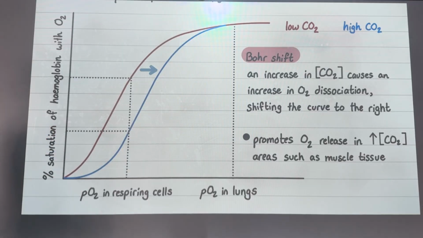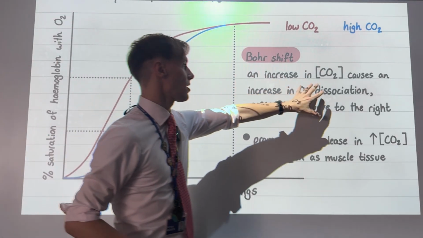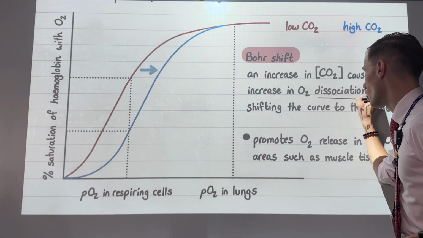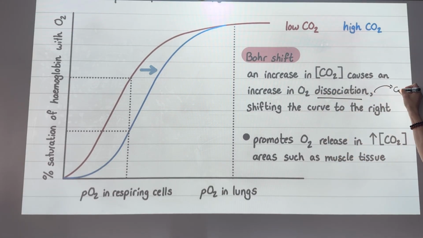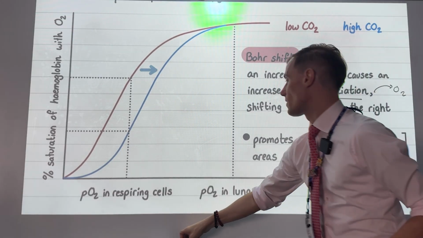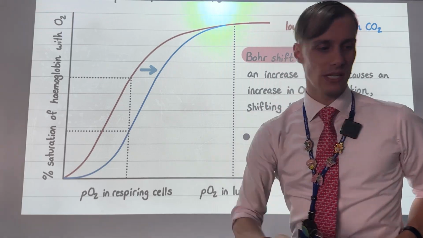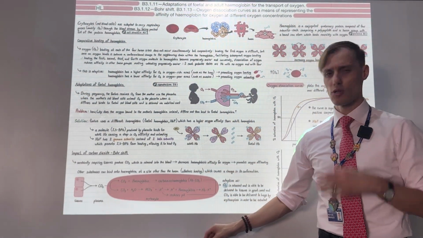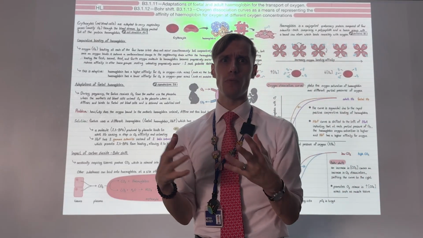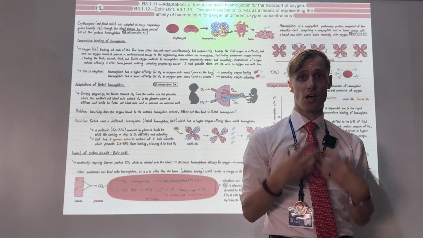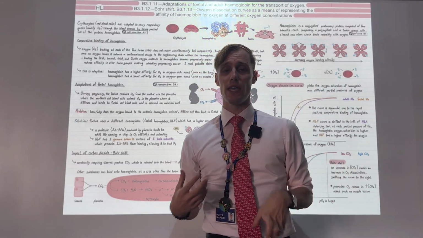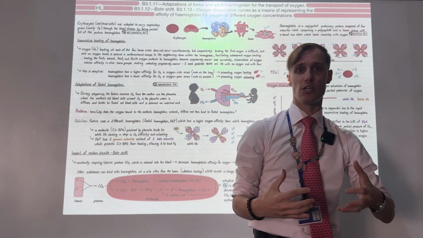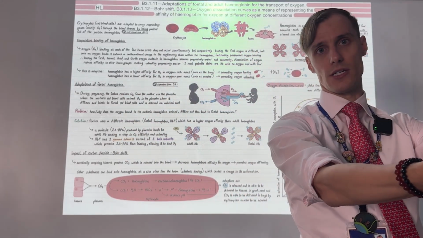So the idea is that an increase in carbon dioxide causes an increase in oxygen dissociation, meaning offloading. So taken all together, what have we looked at here? I know there was quite a bit. So to recap, hemoglobin is a protein that binds oxygen. Its major role is to acquire oxygen in the lungs, deliver it to tissues, and offload it to tissues that